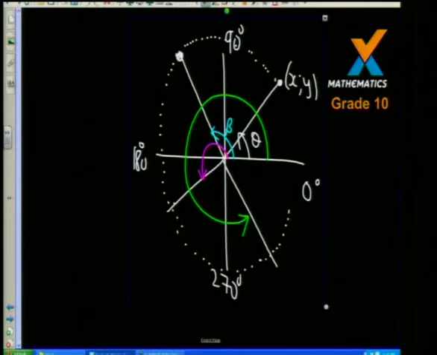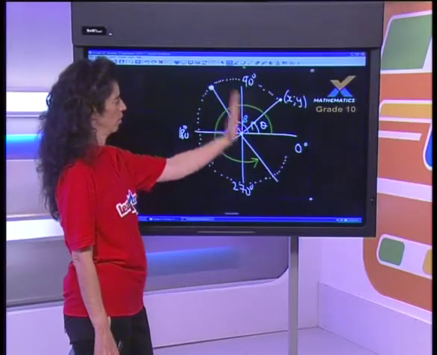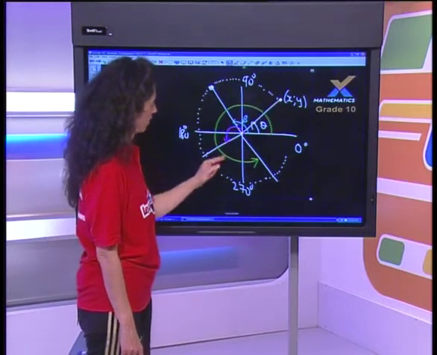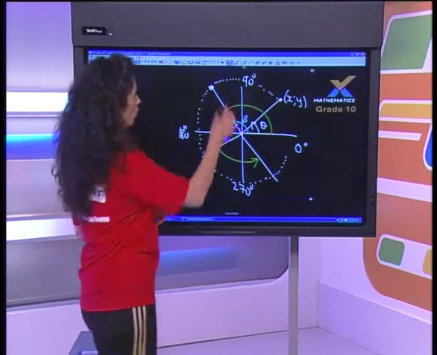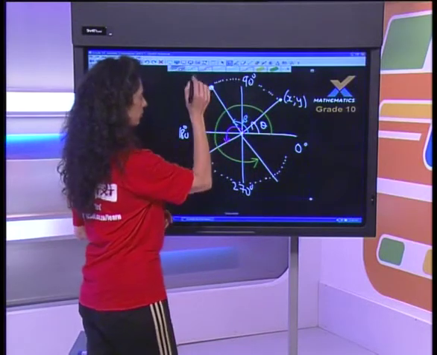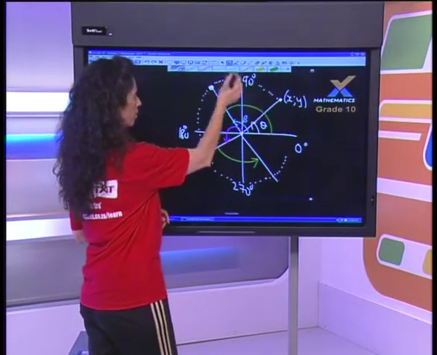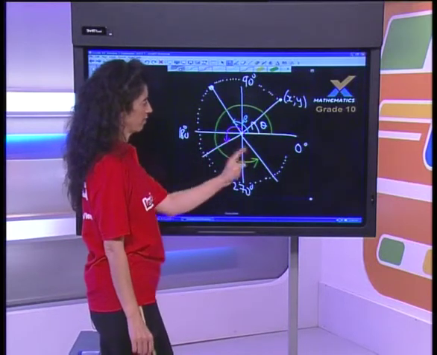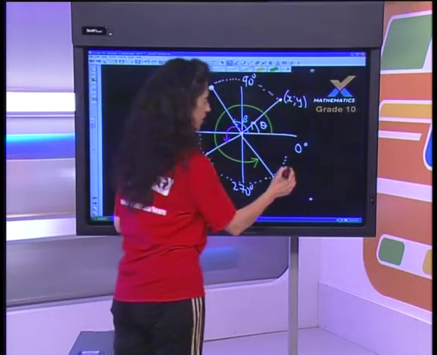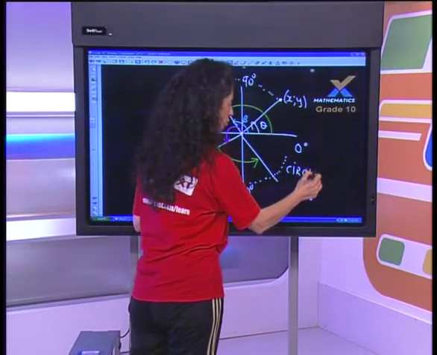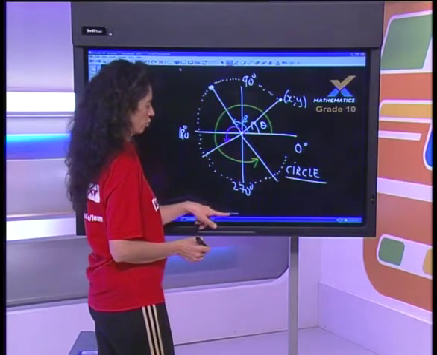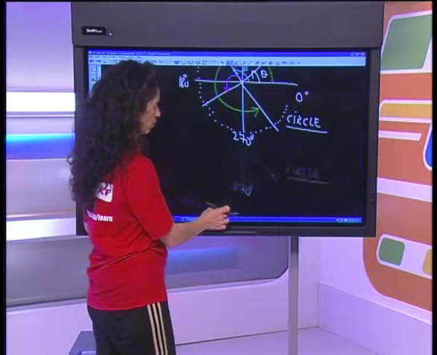So we are going to utilize this rotation of this ray to help us with the connection between the coordinates of the ray and the size of the angle. And what we call the path that this ray has taken to create all these angles that have become bigger and bigger is obviously the circle. And the circle has got a relationship. A circle is not a function, but it is a relationship